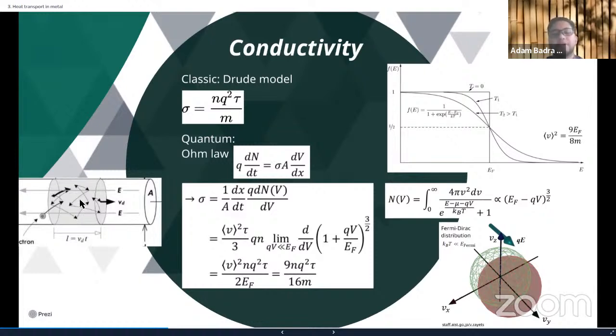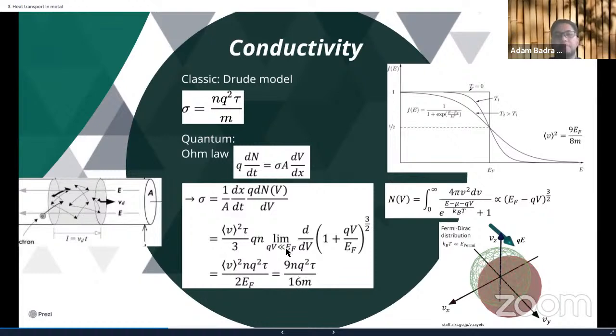They contribute equally because of their random movement, so this can be approximated by only one third of the overall squared term. And because of that, we can take this value to be v squared and q squared tau. And from here we find that this is equal to 9 n q squared tau